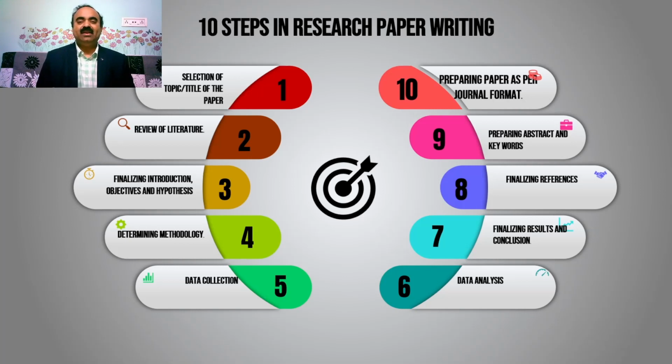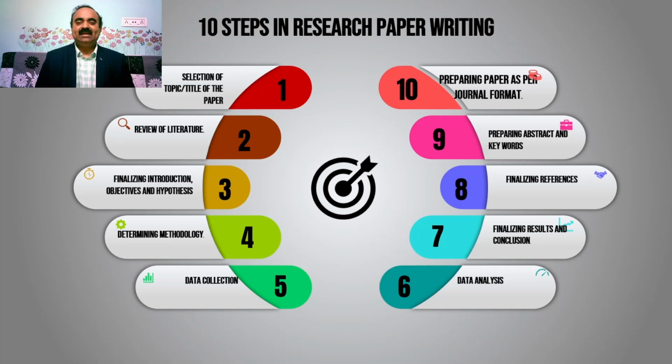So in methodology, you will be explaining what is the type of research that you have conducted, what is the type of data that you have used, what is the type of method of data collection that you have used, what are the tools you have used for data analysis, and what is the test that you have used for testing your hypothesis. That is what is called methodology. In simple words, methodology explains how you have conducted your research.